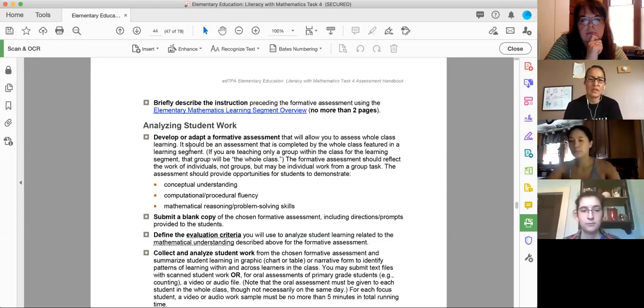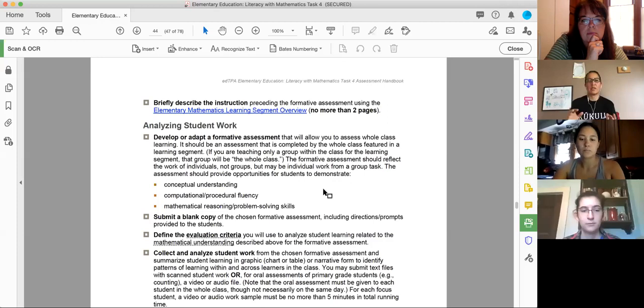So it's nice to see that they say to adapt a formative assessment, because a teacher might say, you're still using this, you still need to use this curriculum. Here are the formative assessments. They might give it all to you, but it's up to you to adapt it in a way that's going to help your students, because it's always important to know your students, right? And it's always important to adjust those assessments so that it fits their needs and not just going by an objective curriculum. So again, you have your conceptual understanding, your computational and procedural fluency, and your mathematical reasoning and problem